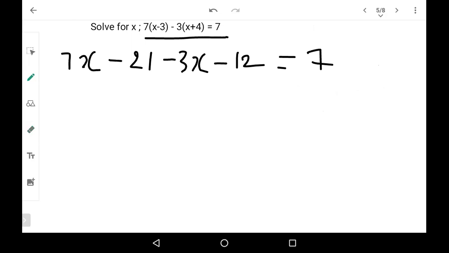Did you all understand this first step? This is the crucial step in the problem. Anybody who didn't understand? x is not 4, but x is supposed to be 10. Now, yeah, try solving this quickly. 7x minus 3x will be 4x minus 21 and minus